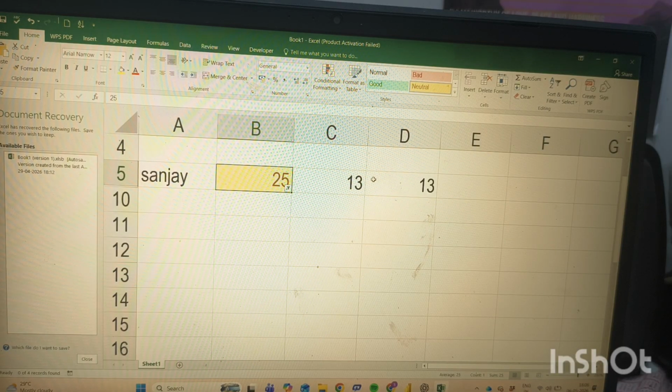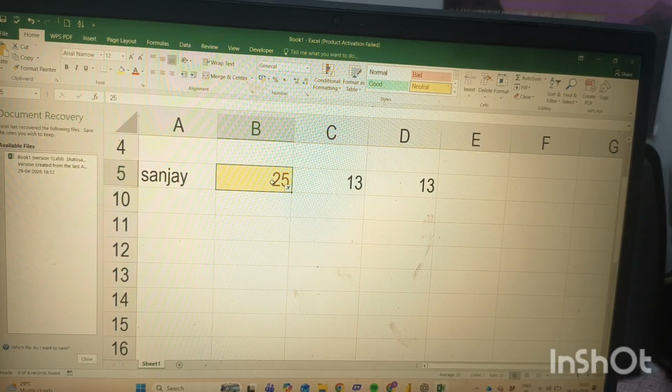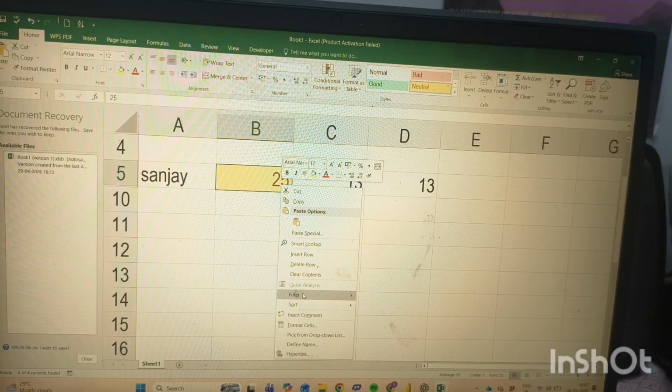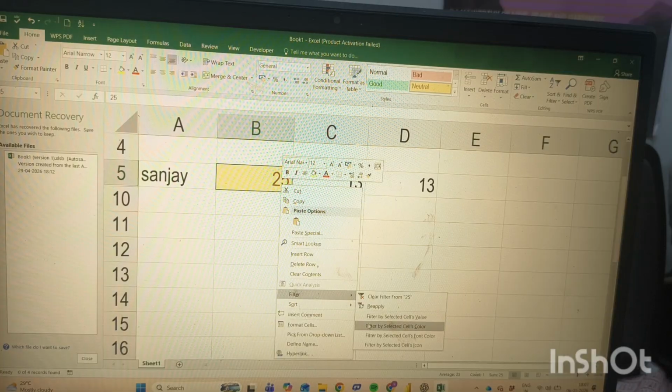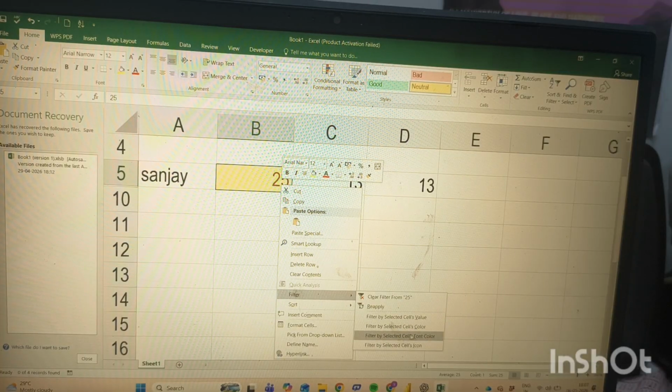Are you watching, guys? What happened? Filter means after selecting, if you click right and then filter, you can apply filter by cell value, filter by cell color, filter by selected font color. There are so many options.